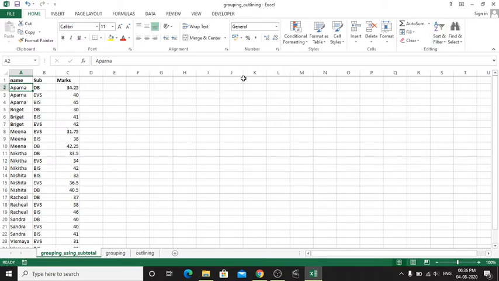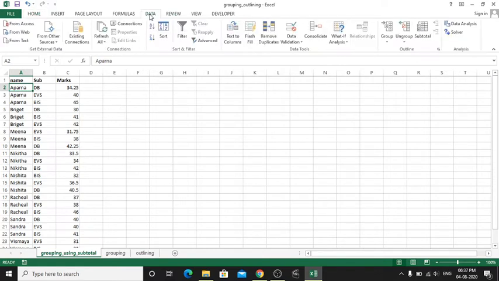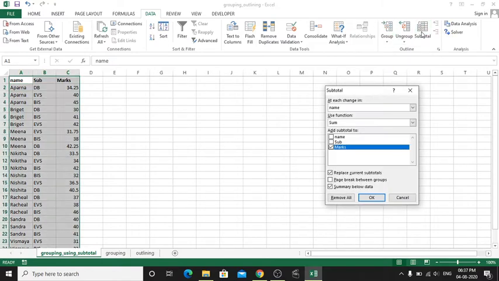Okay, so let's group this data using the subtotal function. From the Data menu, we have the option like Group and Outline, and also here we have an option of Subtotal. So now we are not using this Group or Outline option, which is provided by MS Excel itself. Instead of that, let's do it with the Subtotal feature.